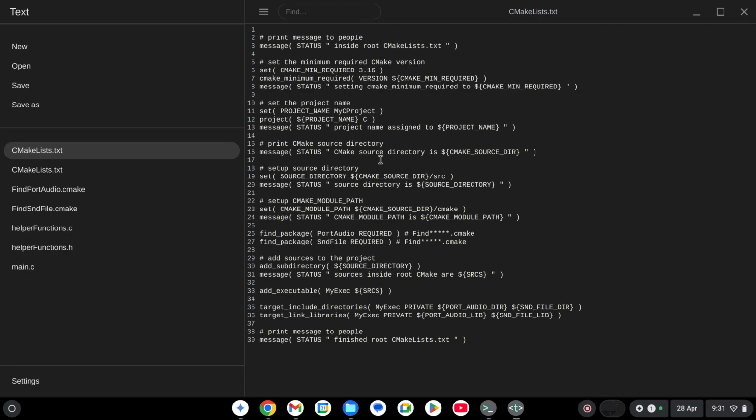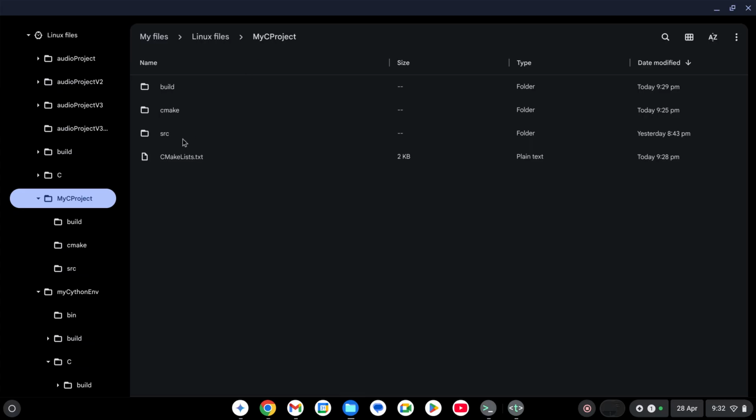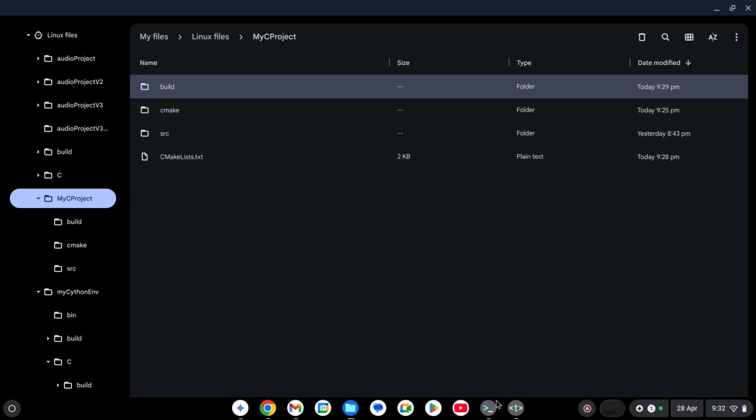So up to now we've gone through a pretty decent CMake structure and how to organize your files so that you can build projects in a pretty easy way. So all right, that's where